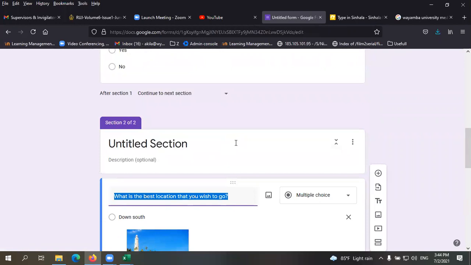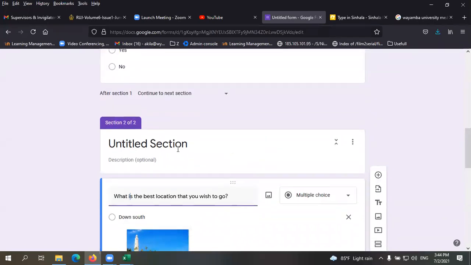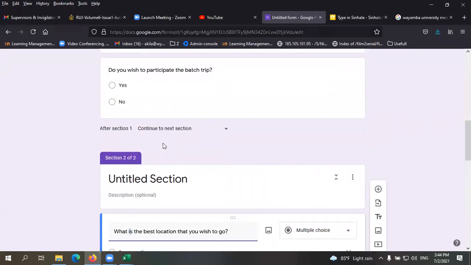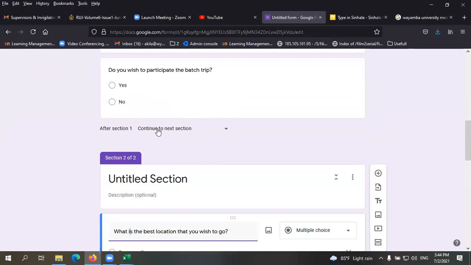What I did here was create another section and move the question, what is the best location that you would like to go, to that section. Now it is in section 2. So we can allow that question to appear if the student selects yes here, right? This is how we can do it.